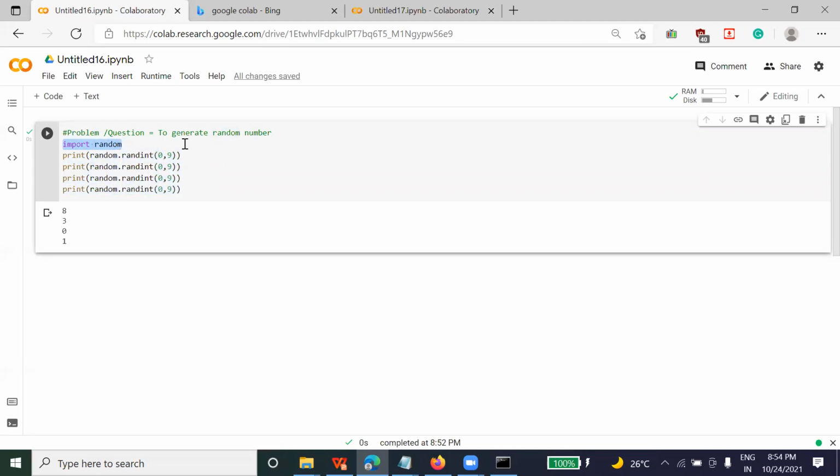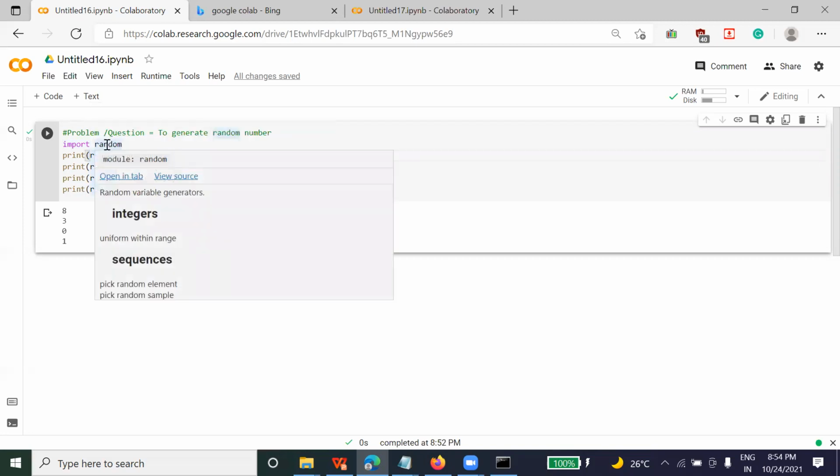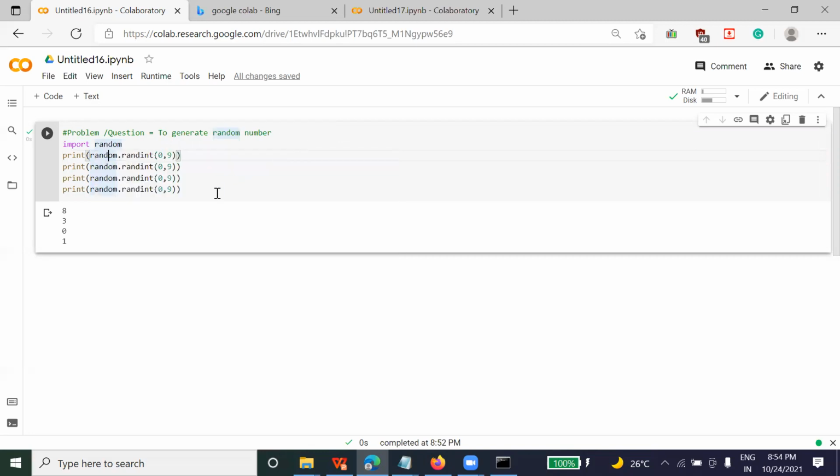What does this code stand for? Rand int is a function inside the random library that is available in Python. Go through this code. Tell me if anyone has any question, what is not clear in this, or what you understand from this code. What do you get from this code? What does random, rand int stand for? Is everything clear?